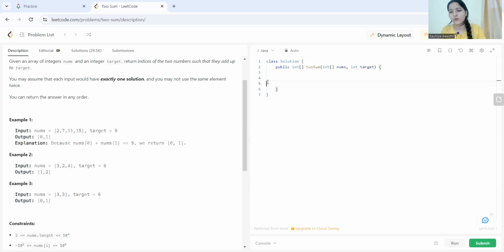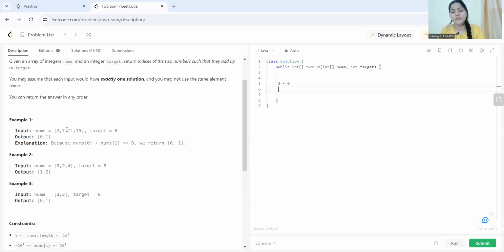You got my point? So what we will do is that we will take each element and we will keep its entry to us, so that we can be sure that this element we have seen previously. What do I mean? So 2 we have, so we have seen 2, and in this particular problem it's all about the indexes, it's all about returning the indexes of those two elements. So the key of our hash map will definitely be the element, and what would be the value? The value would be the index. So 2 is occurring at what index? 0, right?